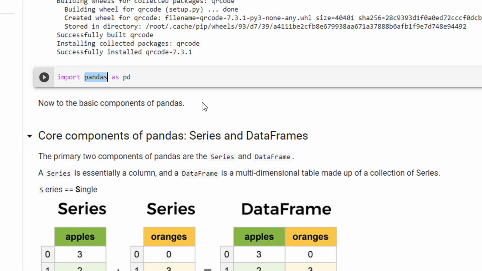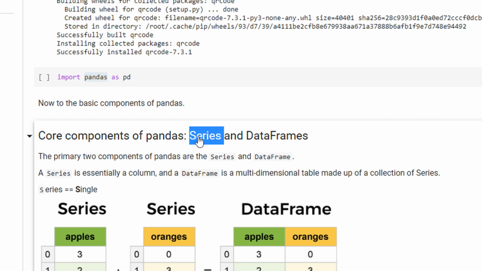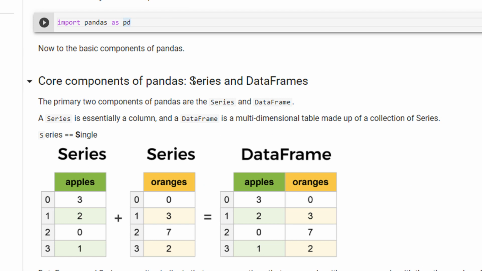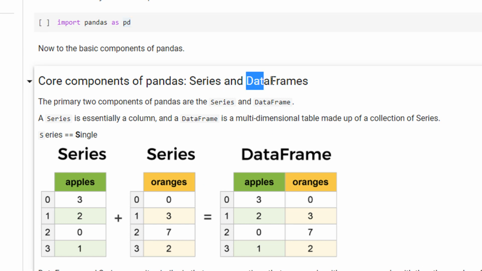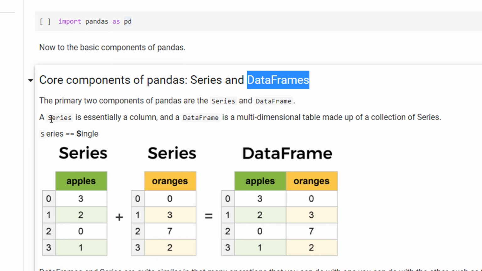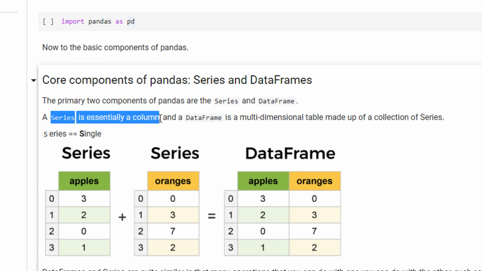Fine. So now what are the core components of pandas? Pandas has two main components. One is Series. Okay, you can just double click and edit the text. One is Series and one is DataFrame. They are very similar in nature, but we will see using an example. You can remember a Series is essentially a column. That's it.